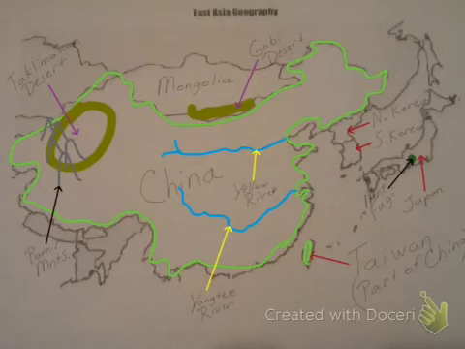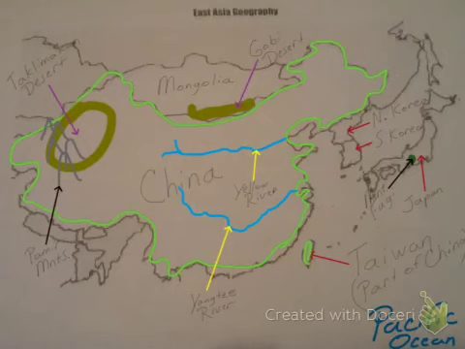So the last thing we need to do on this map is going to be our Pacific Ocean. And you'll notice that Taiwan, Japan, they all sit in the Pacific Ocean, and China actually comes up next to the Pacific Ocean also. So if we're talking about anything in East Asia, we're probably talking Pacific Ocean. And that is where we are. Now at this point, what you're going to do is you're going to take your map, you're going to put it in your transparency on one side, and we're going to continue labeling.